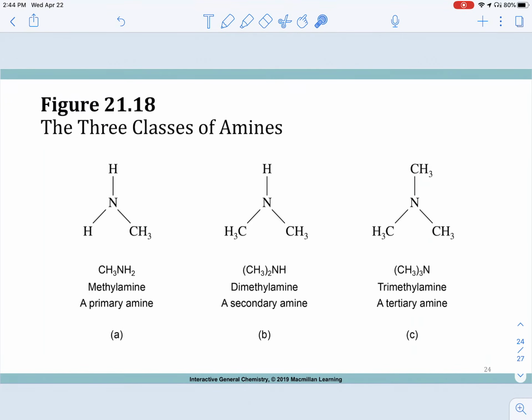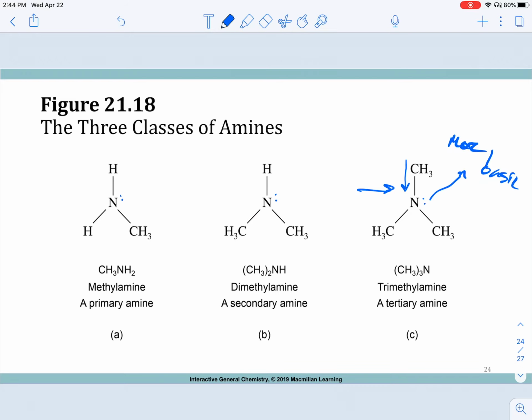So the 3 classes, though, they're very different in reactivity, is we have primary, secondary, and tertiary. The only difference is this has 1 R group coming off of it. This has 2 R groups, and this one has 3. Again, there should be a lone pair in all these as well. So primary, secondary, tertiary amines. These are more reactive. They have more electron density from these carbons. So this is a more basic,